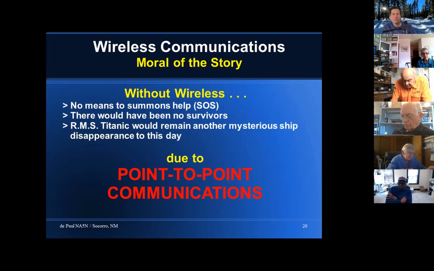Okay, let's just look at the moral, the purpose, what we're talking about here. Without wireless communication, there was no way to summon help. There probably would have been no survivors, because there are various experts, but the best information is that you were good for at most 10 or 15 minutes in the water at that temperature and surviving,